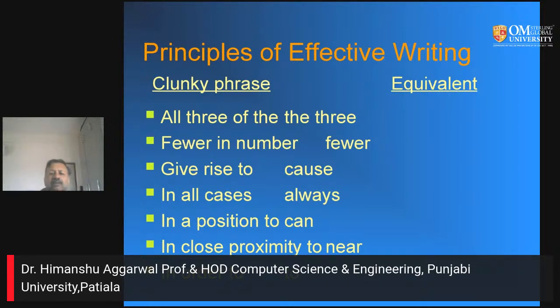There are certain phrases which can be rephrased to their easy equivalents. Instead of writing all three of the, write all three. Fewer in number, simply you can write fewer. Give rise to, simply say cause. In all cases, that means always. In a position to, you can write can. In close proximity to, near. So these are some phrases which are very long. Instead of writing such long phrases, we can write just one word, and that can make your writing more effective. Next,